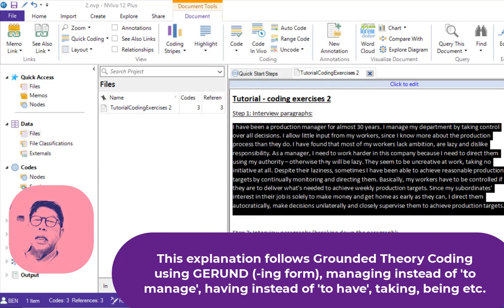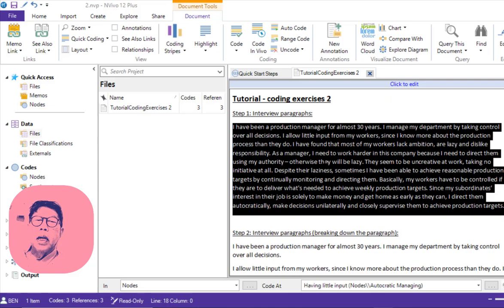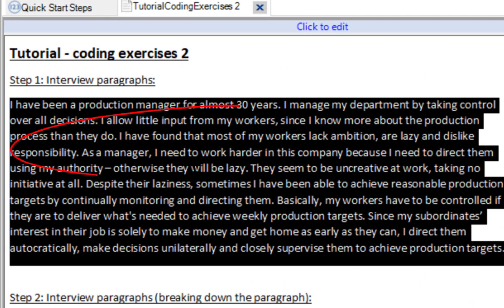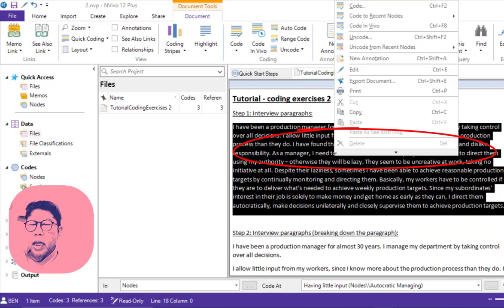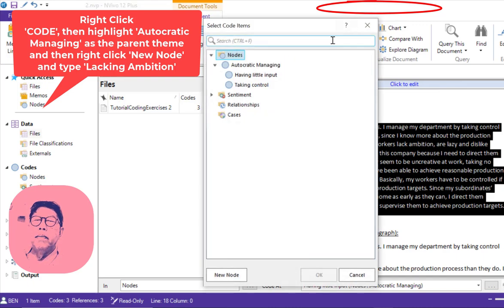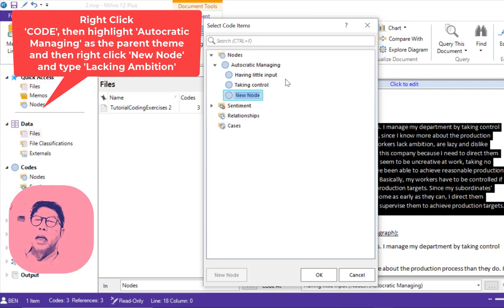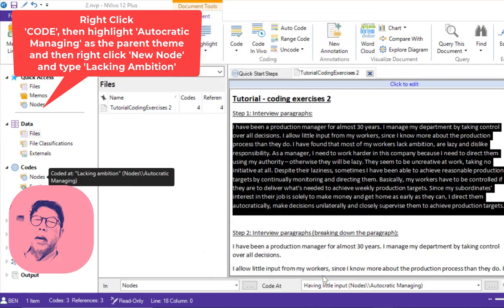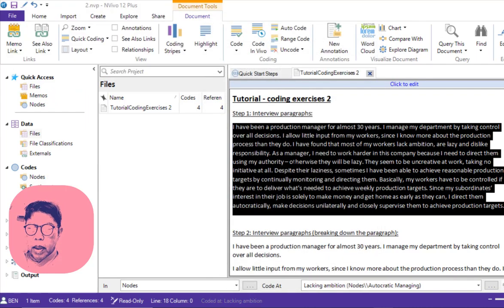The next sentence is, since I know more about the production process, most of my workers lack ambition, are lazy, and dislike responsibility. Right click, code, again the parent, click there and right click, type lacking ambition. Okay, the similar thing again.